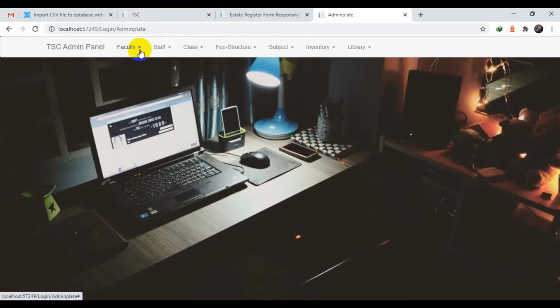First of all, in the admin panel we have a faculty details option. In the faculty section we have faculty details and add faculty options, in which the user can add faculty members, and after successful addition all the faculty will appear on our details page. It will open and work. The same procedure applies to the staff. The staff details will appear on the admin screen, and the staff and the admin can add a new staff member currently working in their coaching.